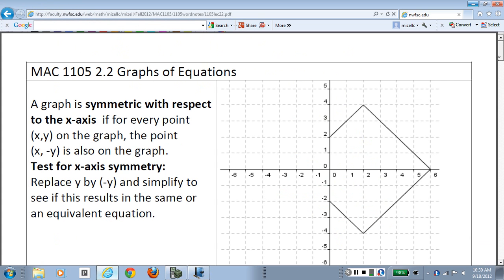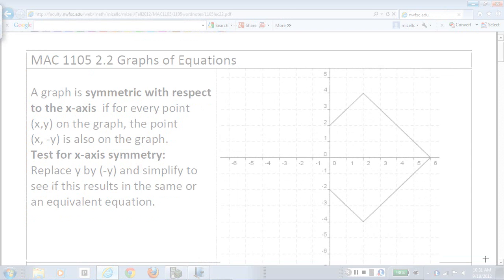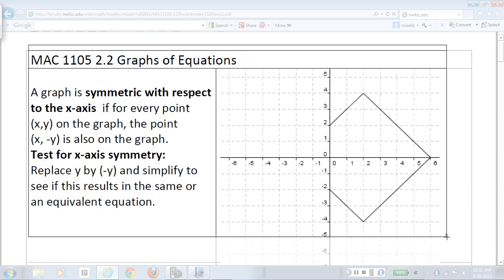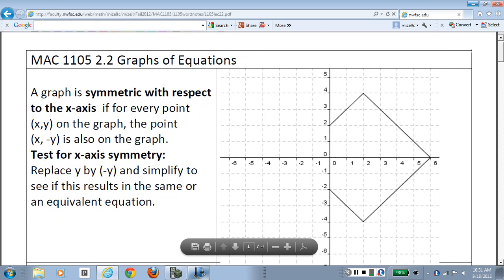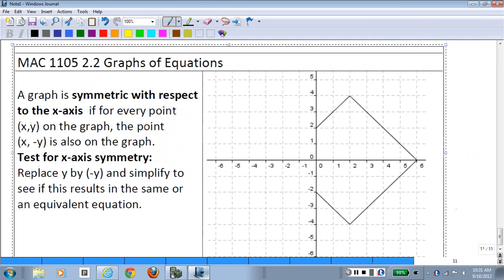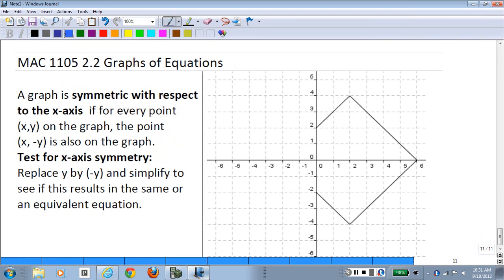So we have this picture of a graph which is intended to be, and I believe is, symmetric with respect to the x-axis. Now the x-axis extends out like this, the y-axis goes up like that. Let's look at the definition of symmetry with respect to the x-axis and see if this makes sense. A graph is symmetric with respect to the x-axis if for every point, and I'll plot this one for reference, but we could do this with any point on the graph, for every point (x, y) on the graph, the image of that point about the x-axis